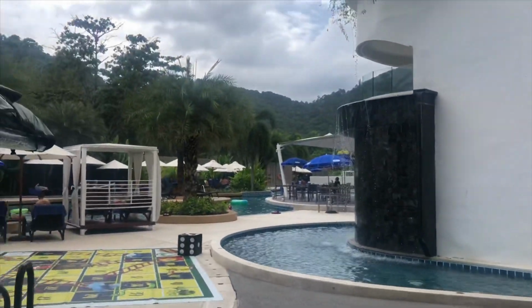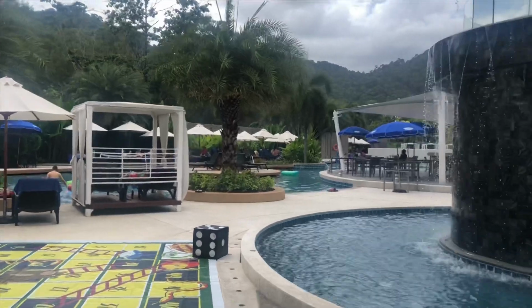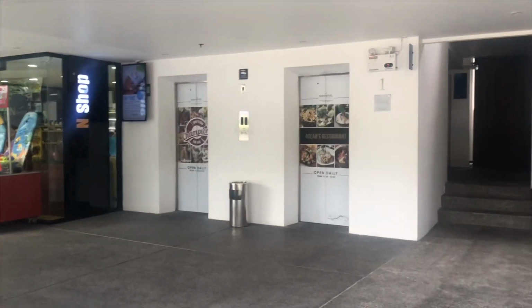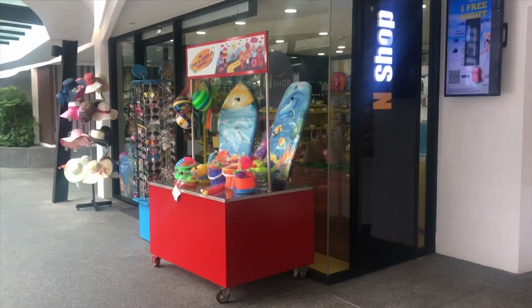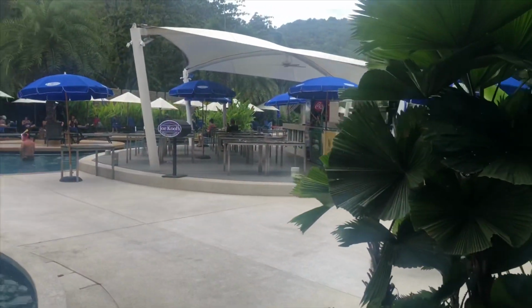Here is one of the 3 pools over there, which has a swim-up bar, which is pretty cool. This is just a fountain. Over here is the elevator, and here is the end shop, which is, of course, a little overpriced, but it's good for emergencies and stuff. There's Joe Cool's